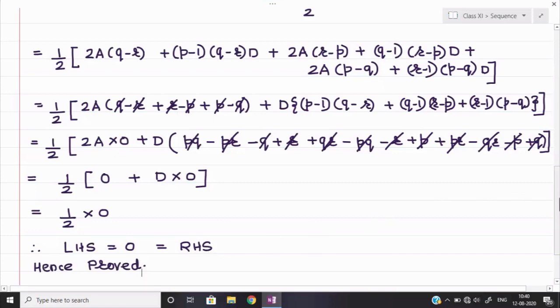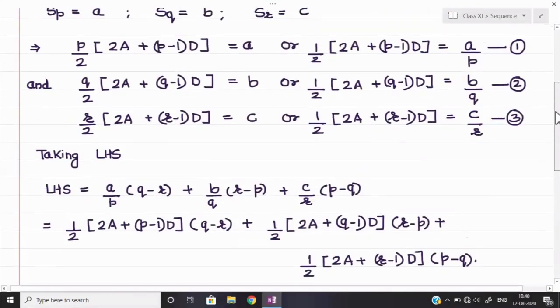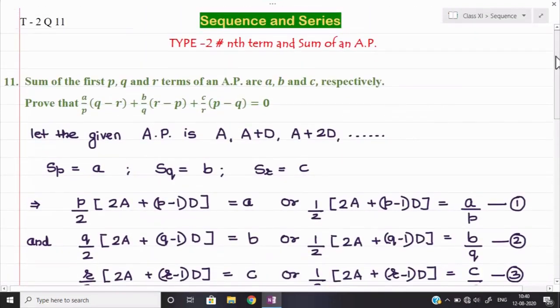In the next session, we shall take from question number 12 onwards. I think question number 11 we have completed, and till here I don't think whatever we are doing is new for us. So we are finishing within 1 or 2 sessions the exercise 9.2. Then we shall start the new thing, that is geometric progression. That will take some time to start. So next time we shall take from question number 12 onwards.